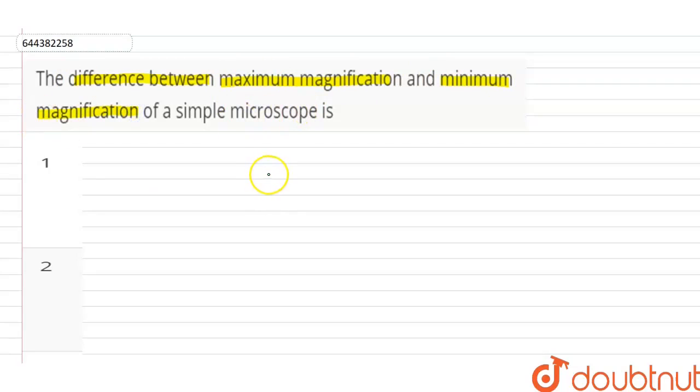The difference between maximum magnification and minimum magnification of a simple microscope is the minimum value of magnifying power of a simple microscope. m minimum is equal to d by f, where d is the minimum distance of distinct vision and f is the focal length, and the maximum value of magnifying power of a simple microscope, m maximum, is equal to 1 plus d by f,